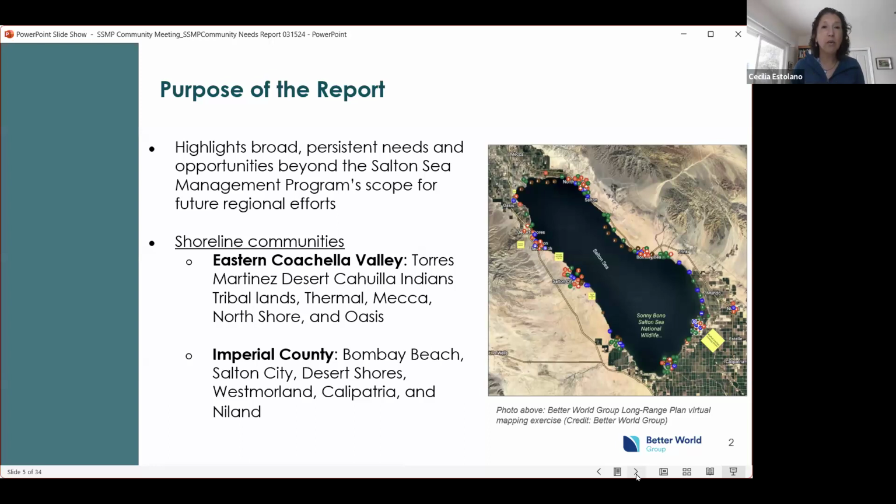This document is really intended to be a roadmap for communities and needs and solutions that are focused recommendations that philanthropy, a variety of agencies can pick up and run with, even beyond CNRA. We hope that these recommendations can help community members, public agencies, philanthropic organizations leverage their various funding programs and opportunities to really drive good, positive change in this area. Let's go to the next slide.